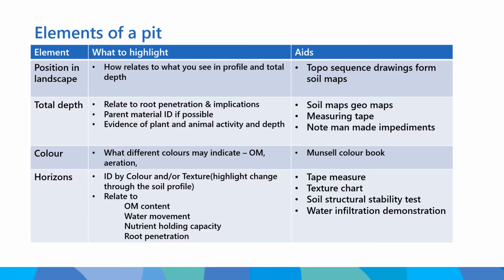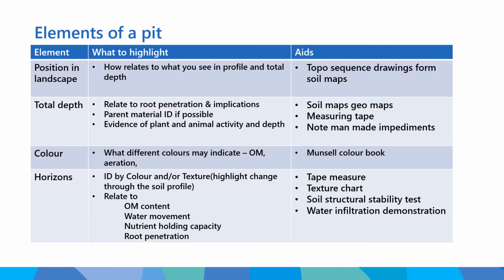As I said, you use your total soil depth in terms of what that means for plants and their roots and the water in the soil. Trying to identify your parent material and what that means for the soil. So, you know, we've got basalt flows high in iron, relatively new soils in the scheme of things for Australia and things like that,